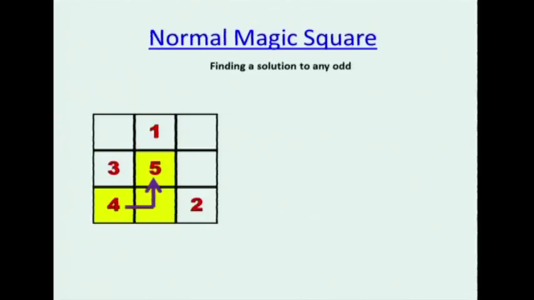The next goes over and up to 6. The next goes over and up. But again, if I think of the sides as being rotated around and touching each other, and stretched around the top to be touching each other, this will become this square, which is occupied, so we drop it down 1. The same idea, over and up is this one, and over and up is really that one.